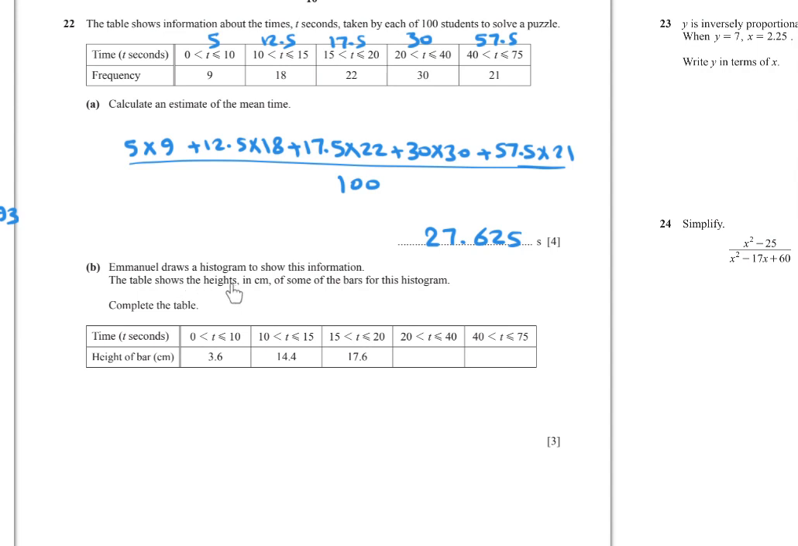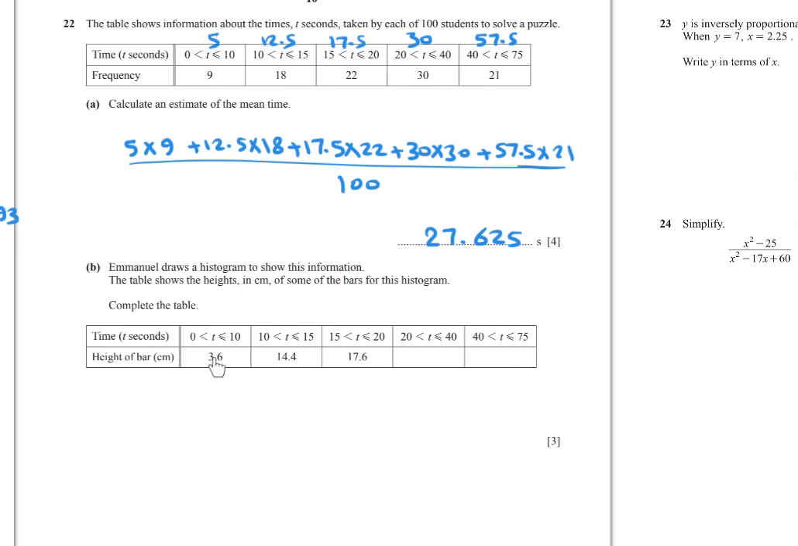B. Emmanuel draws a histogram to show this information. The table shows the heights in centimetres of some of the bars for the histogram. Complete the table. To draw the histogram, the height will be the frequency density, or proportional to the frequency density. So now you have to find the frequency density